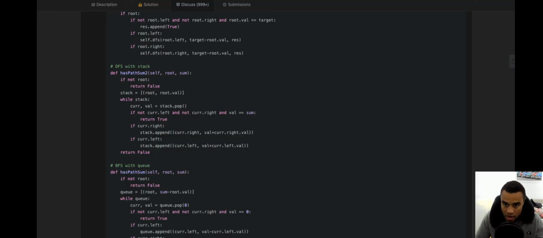So now we have 5 plus the right value, 8, which is 13. We have 13 added. Then we have 4 plus 5, which is 9. So now we have 13 and 9 in the stack.